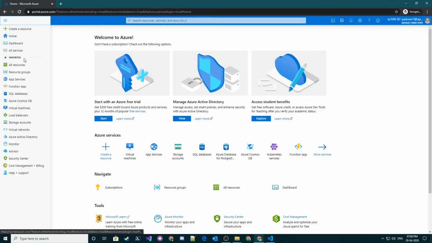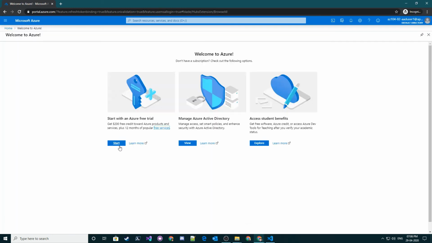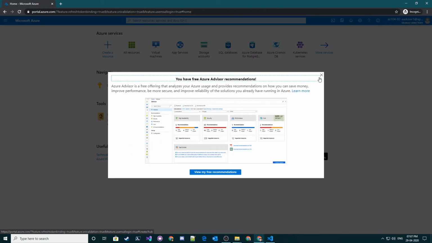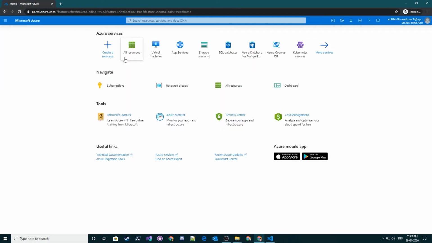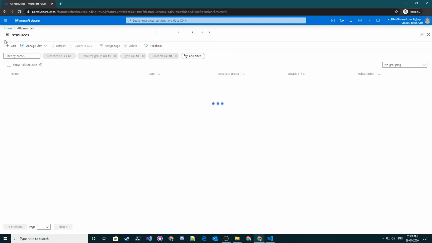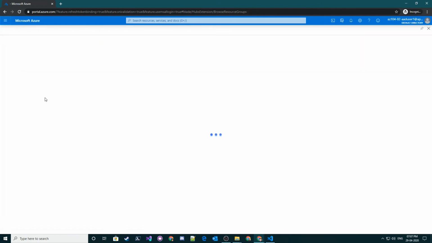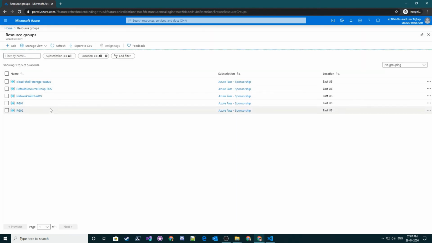Maybe later. If I go over here and go to all resources, it is taking some time for this to get populated. We should be able to see the resource groups, but we should not be able to modify them. So we are able to see the resource group.